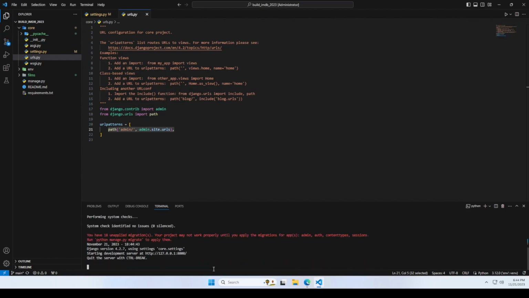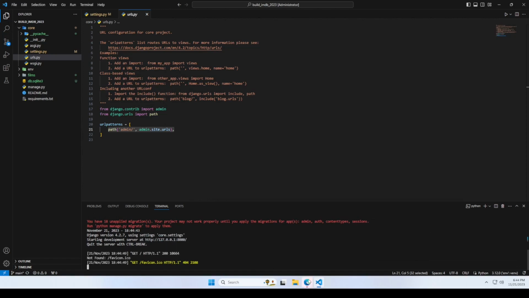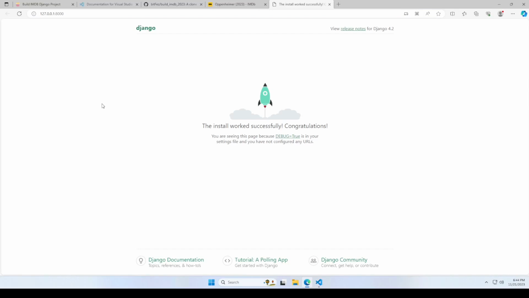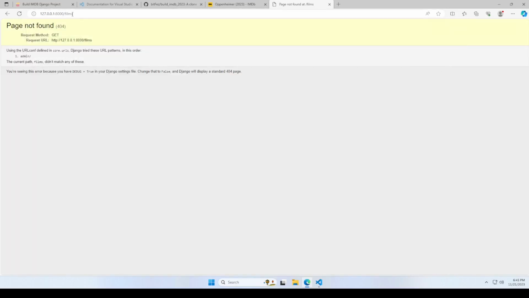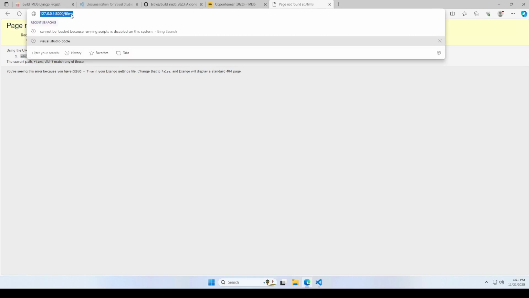If we run the server, it tells us that at this local URL, if I press control and click, it will open it up in Edge. You can see that our project is running, and this is just a base template, the default home page that Django has. If I type anything in, for example films, it will tell me that it's not working, and that the only URL pattern it understands other than the root URL is admin. So if I was to type that in,